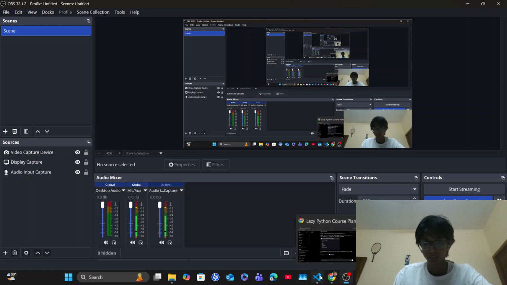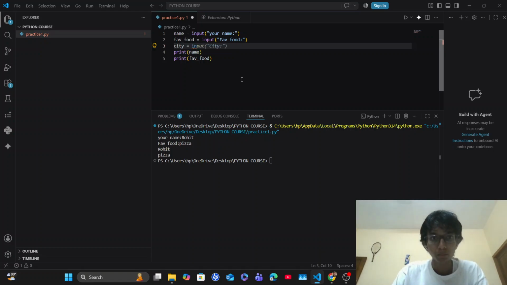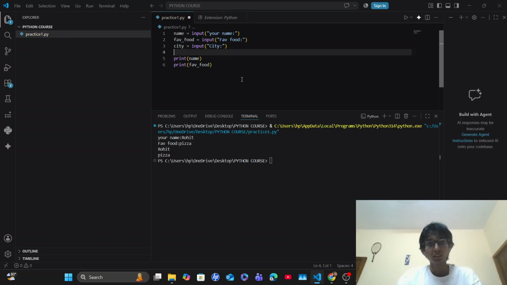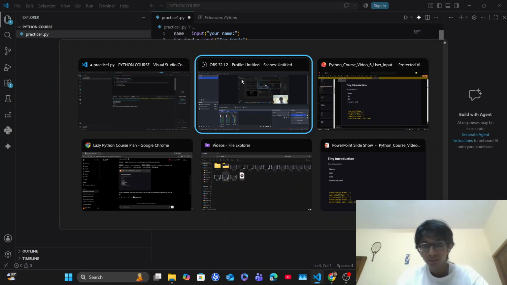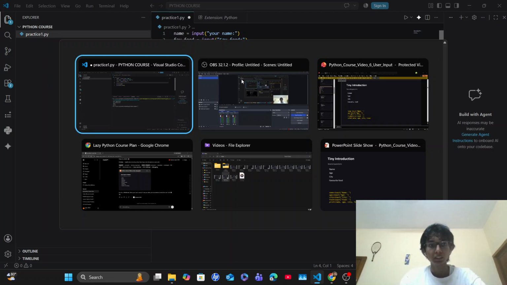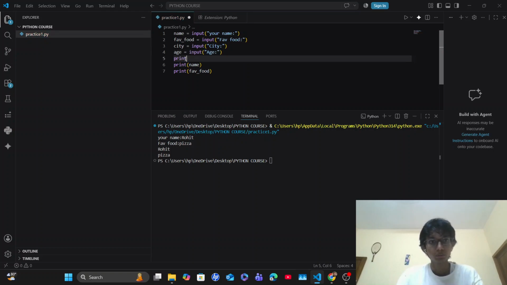So let's continue. So we have city, we have to take input of city, and then we also have favorite food, right? So favorite food, city, age, name and age. Name, favorite food, city, and now we have age also. Input age. Now we are going to print